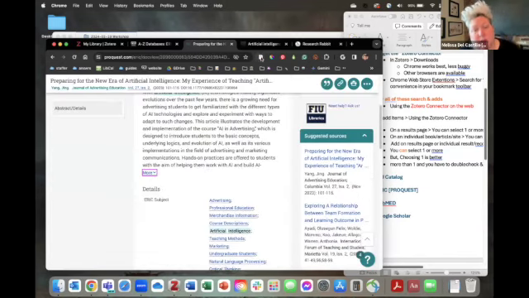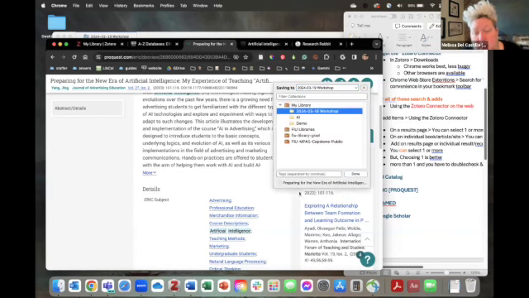Now you'll see that this changed. Now it's an article icon. So it's recognizing what the item is, and that way when it formats your citation, it'll do it with whatever formatting style you have to use for this particular type of object. So now we can click here,